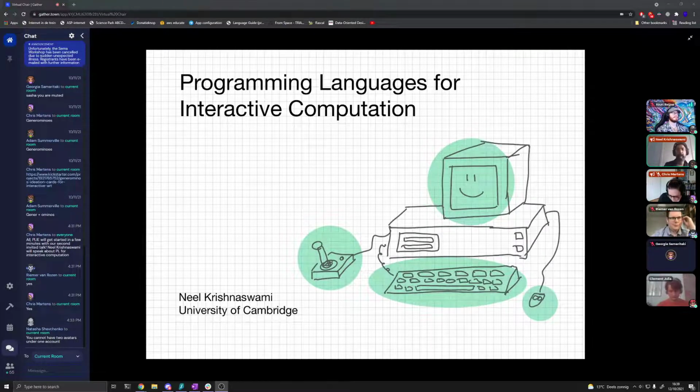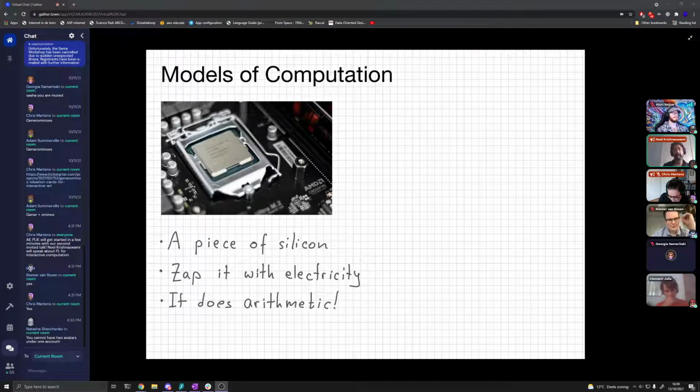So what I want to do is first start by talking a little bit about models of computation. When we talk about a computer, you can ask the question, well, what is a computer? On the one hand, you're going to have one idea which looks like this. You've got a piece of silicon, like a piece of rock with some scratches in it. When you electrify it in just the right ways, you can read out other electrical patterns from it, which you can interpret as doing arithmetic.